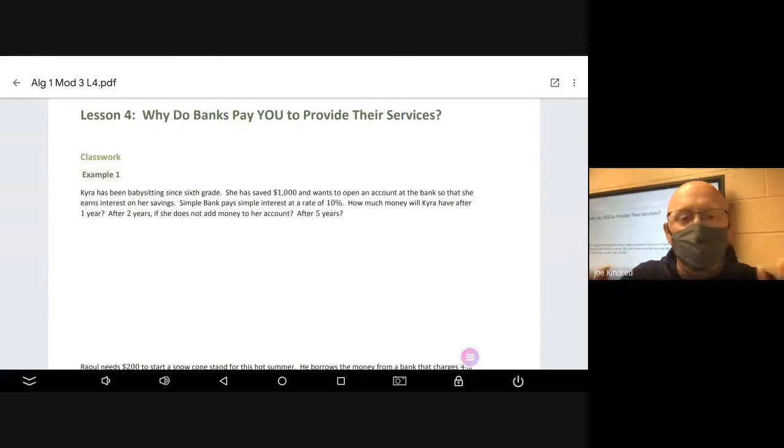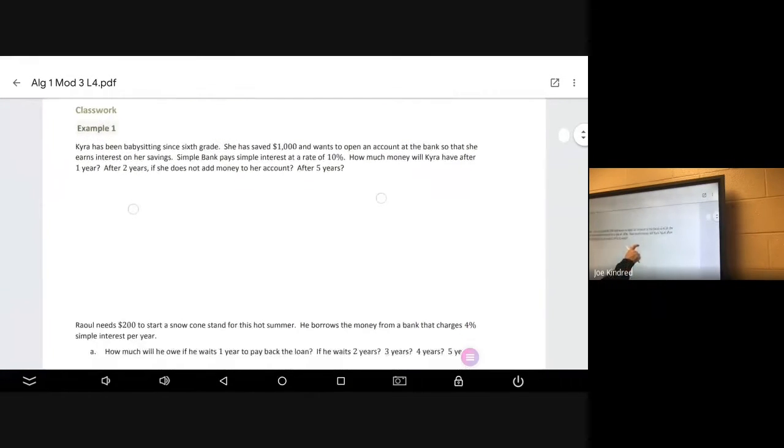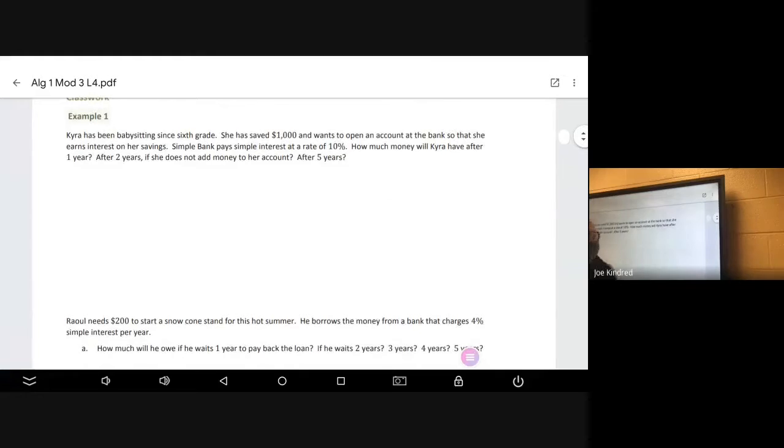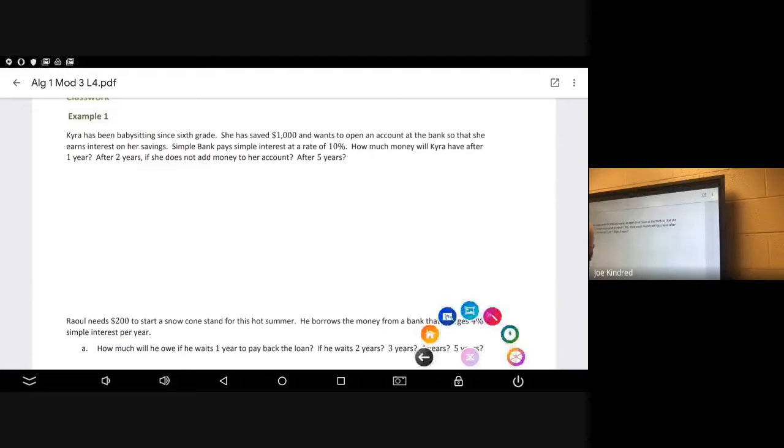So let's talk about what simple interest is. The concept of simple interest is this idea that if you give someone some money, over time, you're going to earn more money for doing nothing. And so it starts with this idea here in year number 1. So we begin with the concept of simple interest